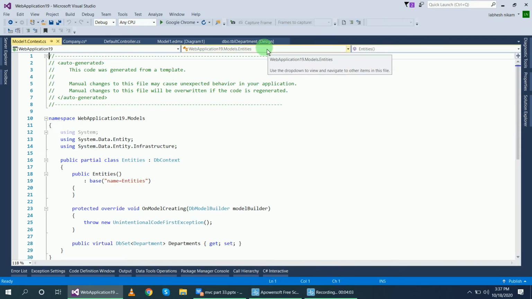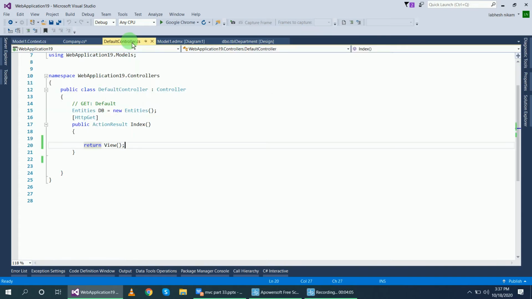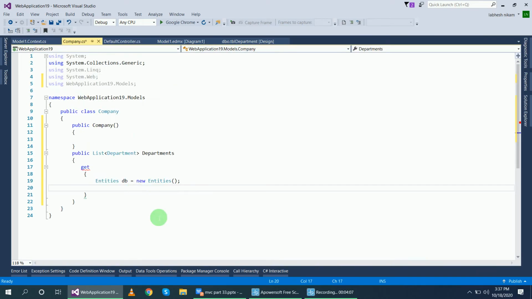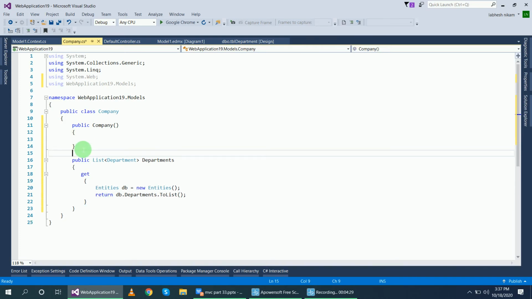Using these entities we will return a list of departments. So return db.Departments.ToList. This list of departments is completed, and we will pass the selected department because we have to select a department and display the message.